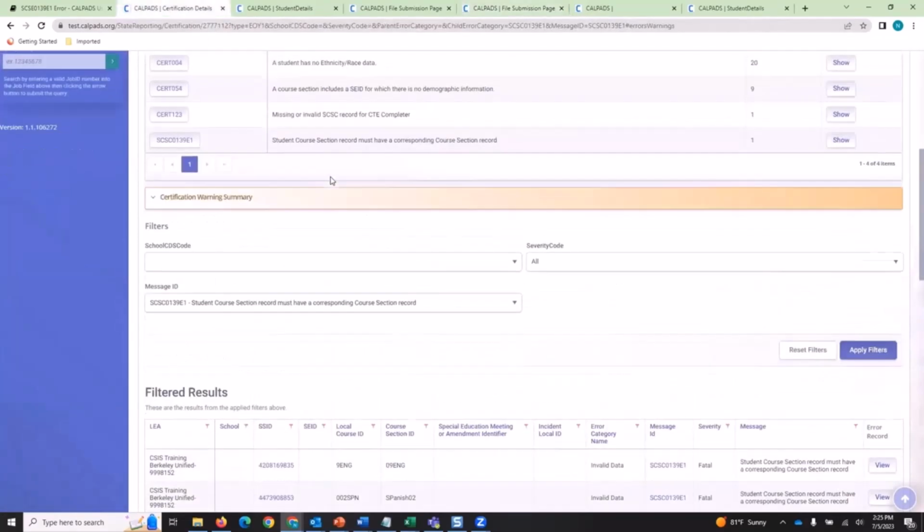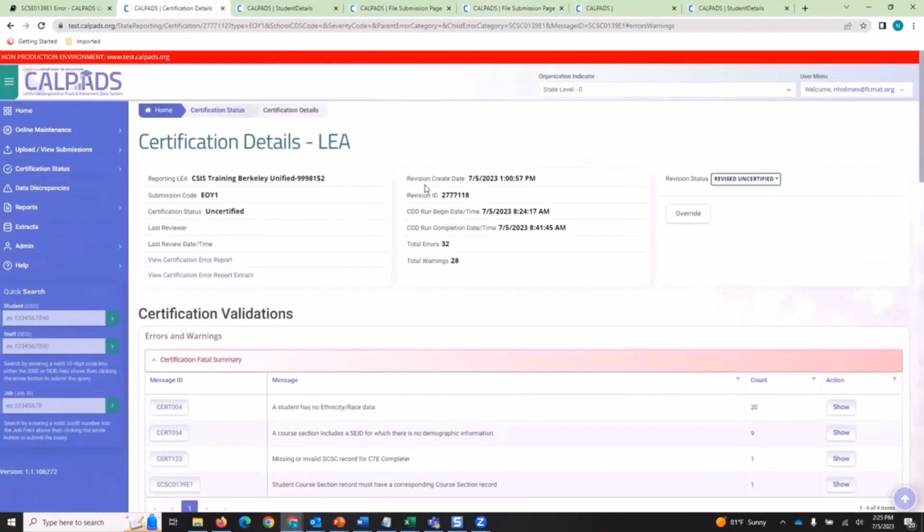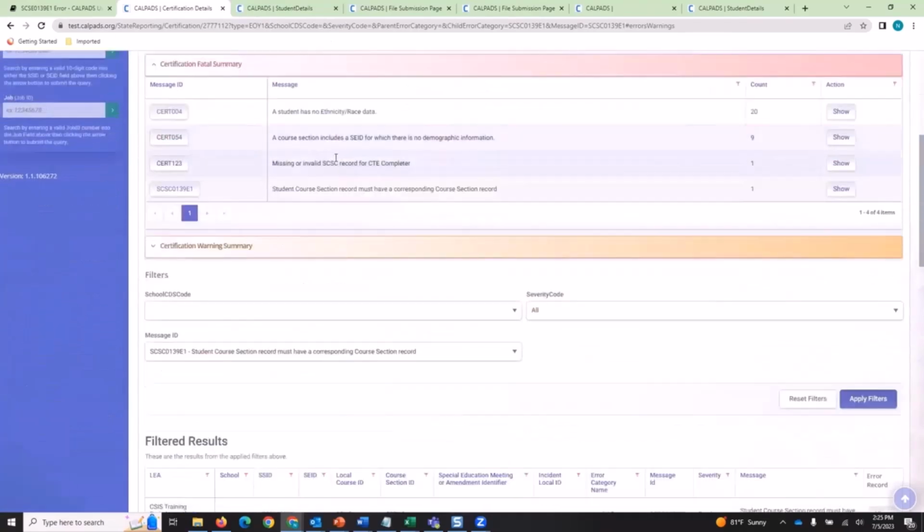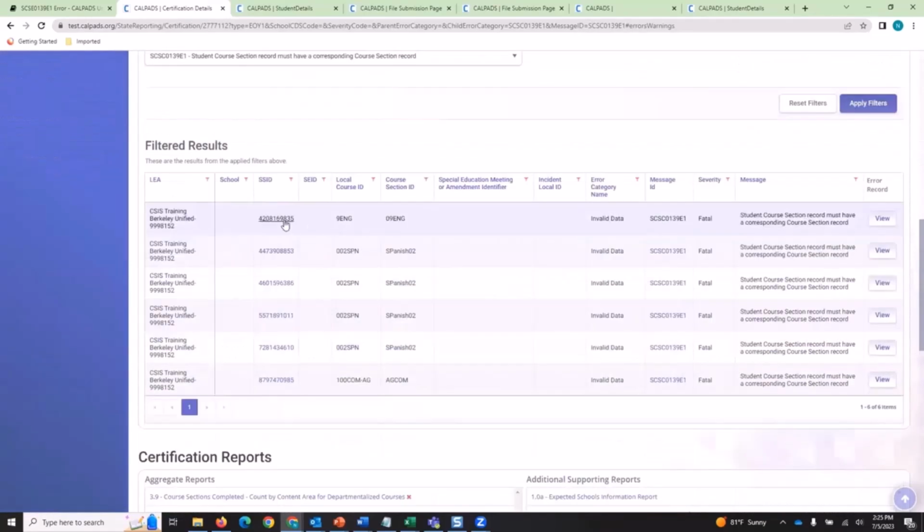Looking at the certification detail screen, of course, we would need a new revision for that to be reflected. This is the test environment, so perhaps by the end of this video, we'll have a new revision. Let's move on to the next set of records that are triggering the SCSE 0139 E1 error. So let's look at this student. I'm gonna right click, open a new tab,